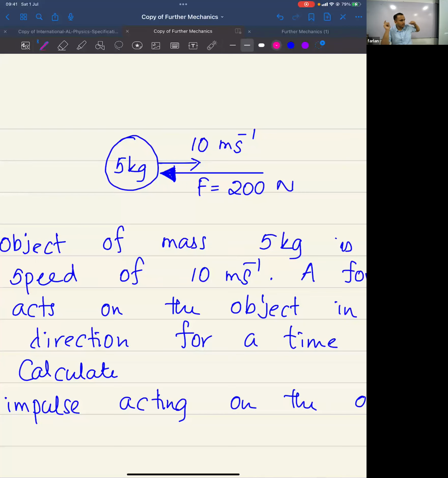Am I right? In the previous couple of questions that we did, the force was applied in the direction the object was moving, and you got to see the velocity increase. So use your common sense and tell me, here the velocity should increase or decrease? Decrease, because the force is applied against the direction of motion. Draw the diagram.